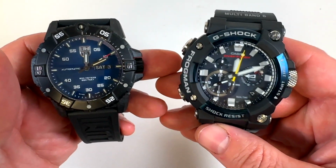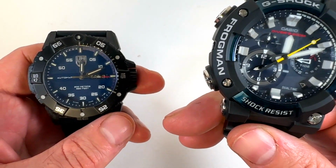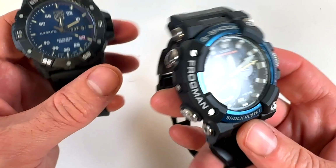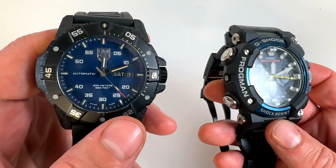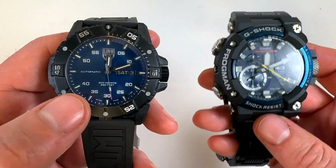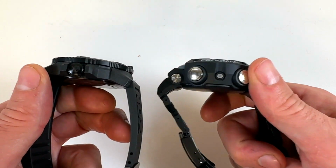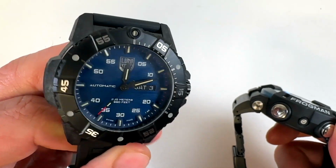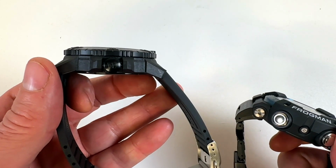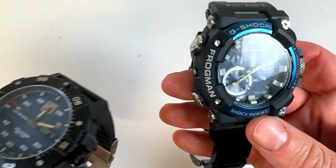Let's talk about the elephant in the room. This is massive, way bigger. So the G-Shock is a 53 millimeter case, and when you measure it, it's actually 56 millimeters. This is a 45 millimeter case, and when you measure it, it's actually 46 millimeters. So 46 versus 56, 10 millimeters more. Thickness is what really comes into play here. This is not a small watch. This is like the size of some of the smaller G-Shocks. This is 14 millimeters high. This is 19.7 millimeters high. So this is a massive watch